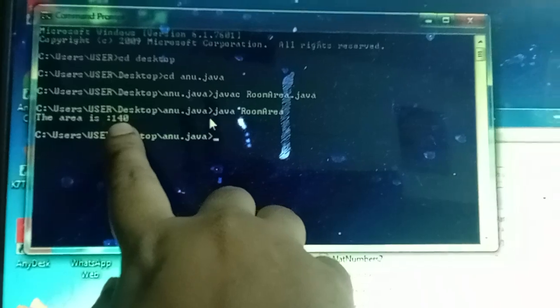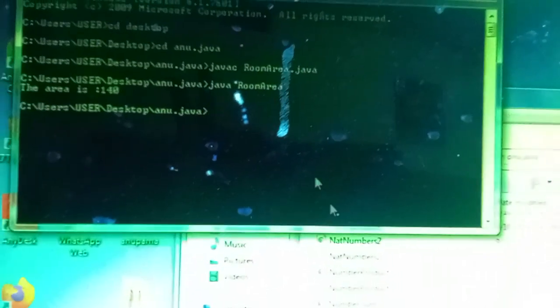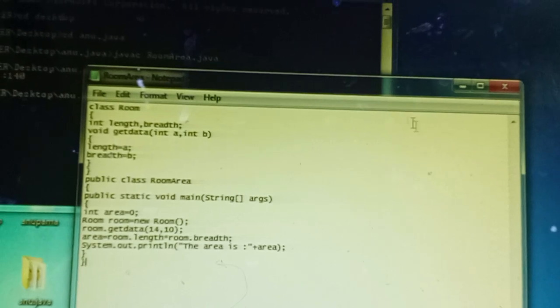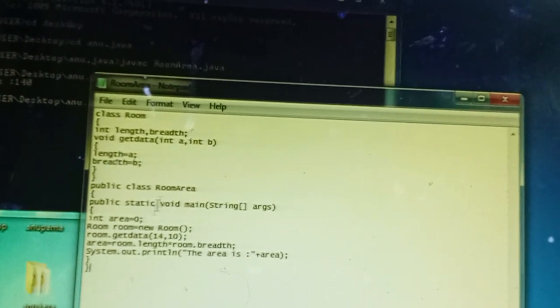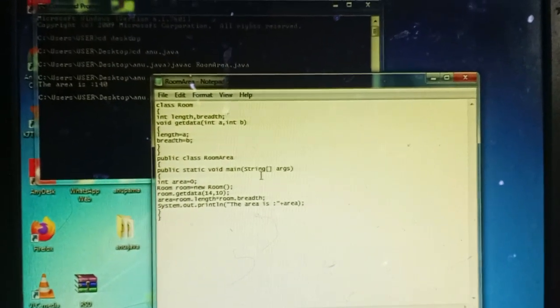Understood? Okay, like this we can have two classes, but only in one class can you have the main function. Okay, understood? If you have any doubts, specify that in the comment section.